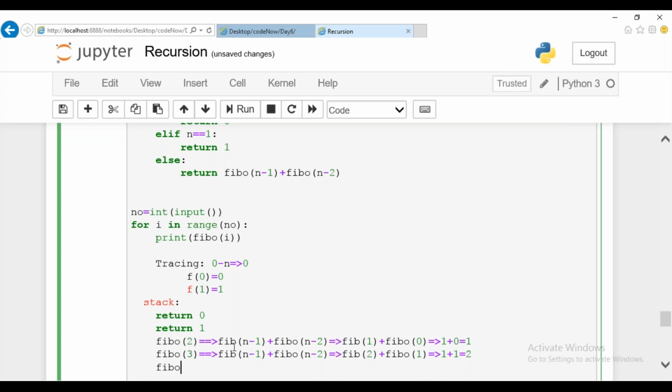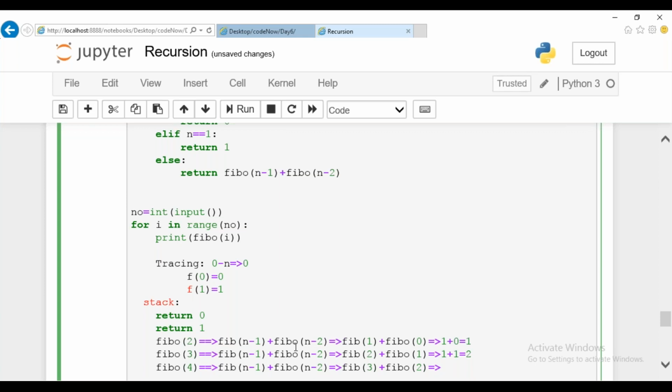If I'm having Fibo of 4, just for one more step, we can do it, guys. Fibo of 4, the same step is going to be repeated. Here I'll get Fibo of n minus 1. Right now n value is 4, so n minus 1 is 3, plus Fibo of 4 minus 2, that is nothing but 2.